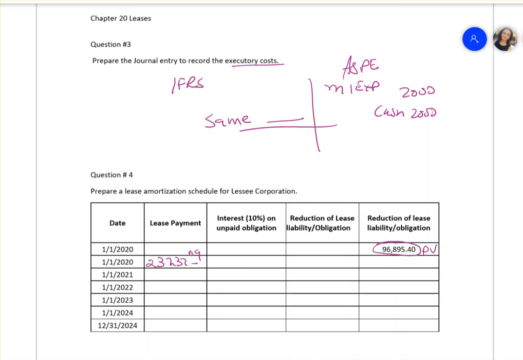That's your first payment, and then the second payment will be 73,658 and 31 cents. So for our next ones, our interest will be 10% of our obligation,